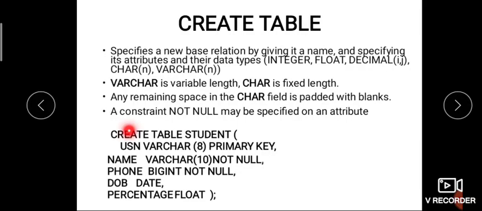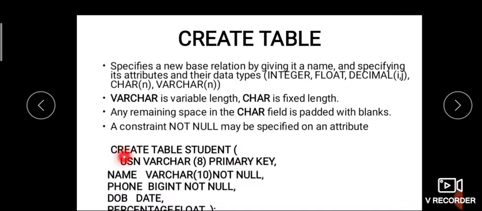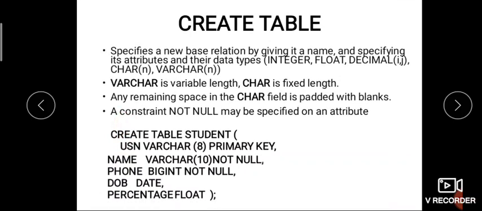First, create table is done with the create statement. Create what you are creating? You are creating a table. Name of the table is student. Open the brace, then start listing all the attributes, along with the data types and the sizes and some constraints. See, this not null, primary key, all those are called constraints. Some rules, some restrictions you are setting for that particular